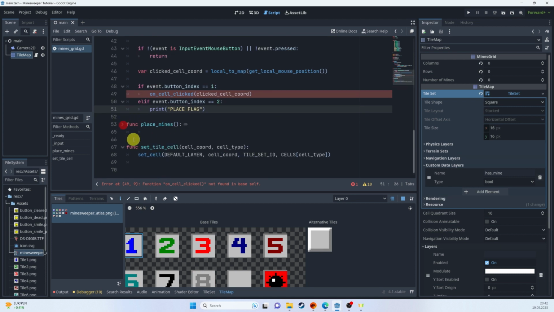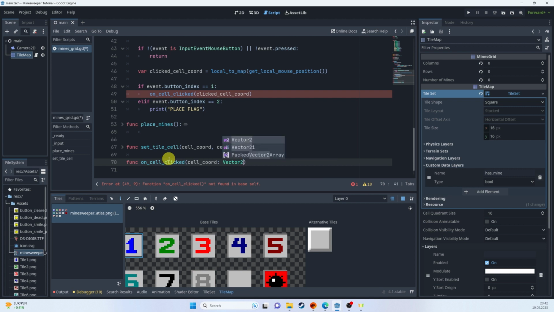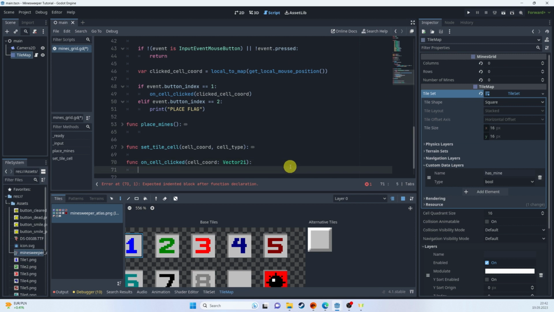So we have to write that function, and if you don't know, you can just hover here to collapse the code that you don't need to modify for now. We have cell coordinates, and that's a Vector2i, for integer, and you can start working on that. First thing we need to check is whether we actually clicked on any cell that has mines. So if cells with mines, any function,